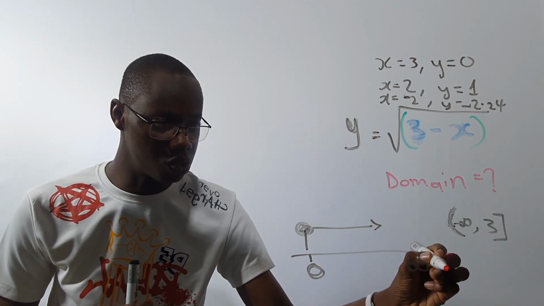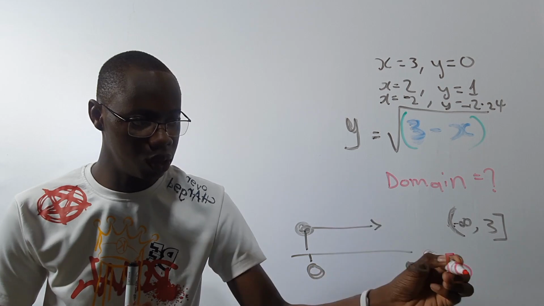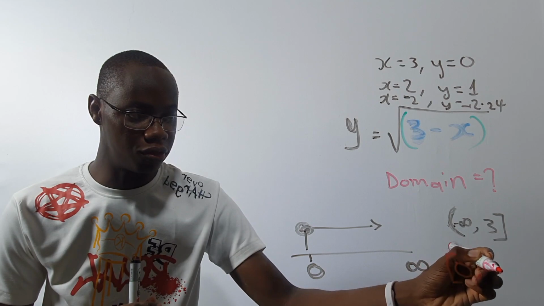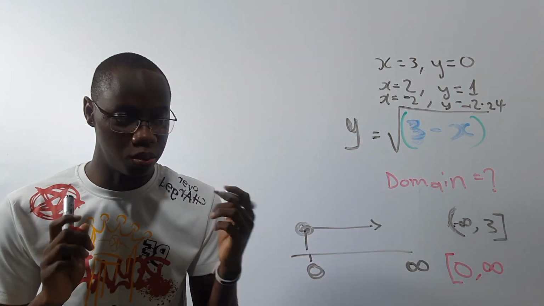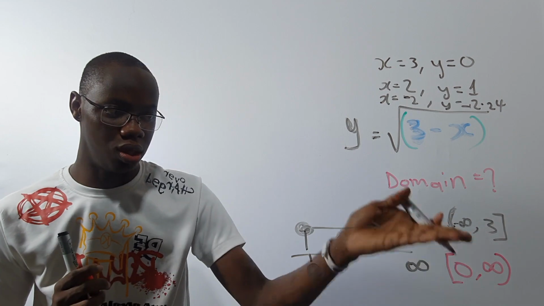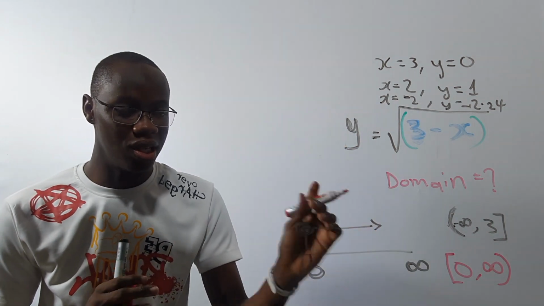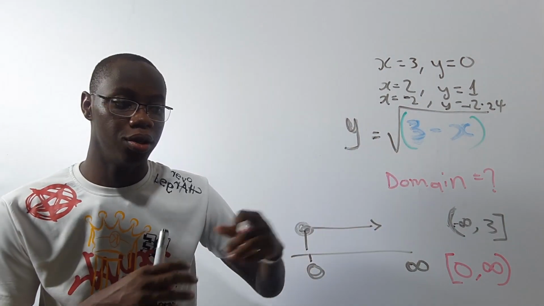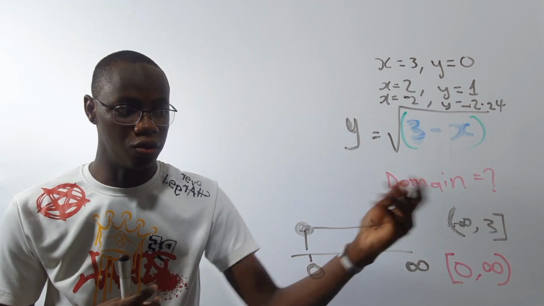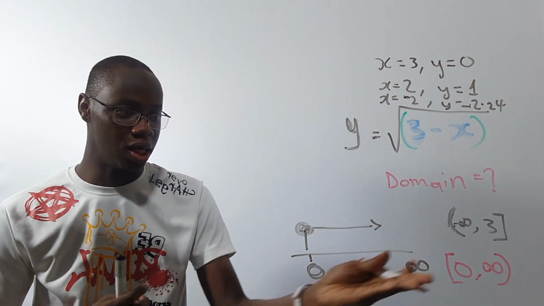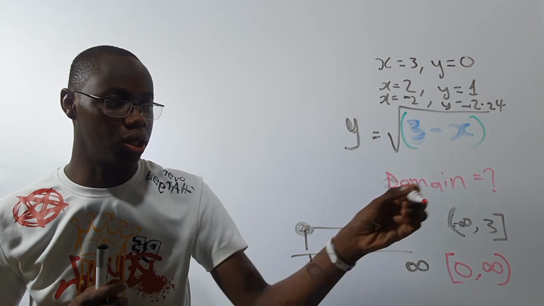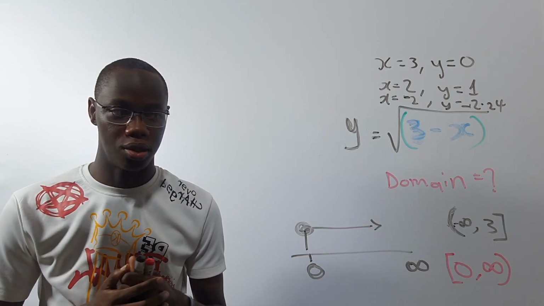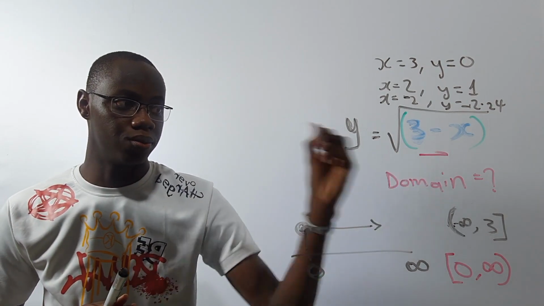So it starts from 0, so 0 is inclusive, so 0 comma, I'm just representing it, 0 comma infinity, but positive infinity. But infinity is not inclusive like we talked about, right? So just put this to say it is not inclusive. So that means it is a range from 0 to infinity, where 0 is inclusive. So that is the answer. So this is the range and this is the domain. Very easy question. So when you see this on your test or exams, good luck to you guys, and I'm certain that you guys will ace it already.